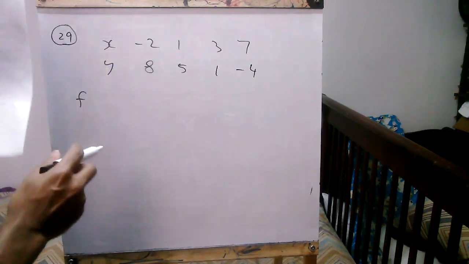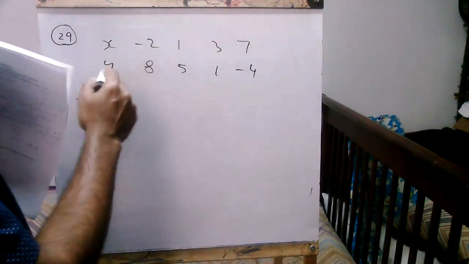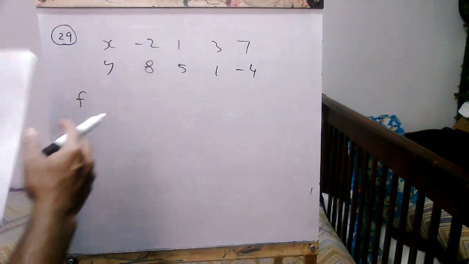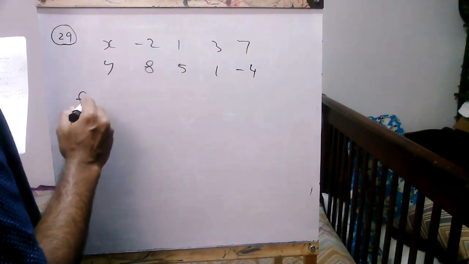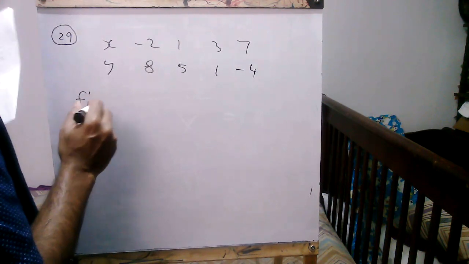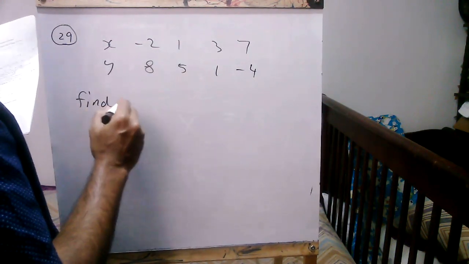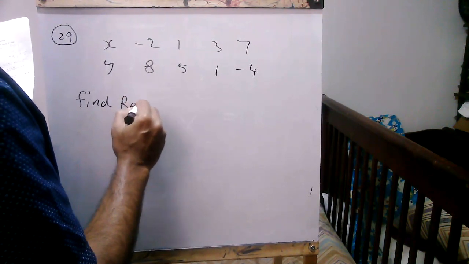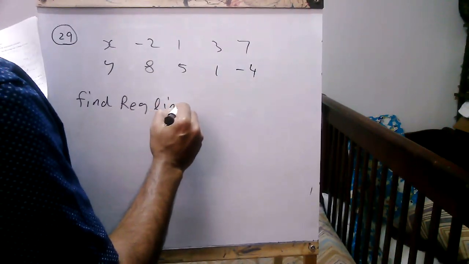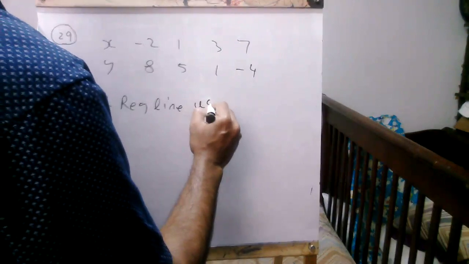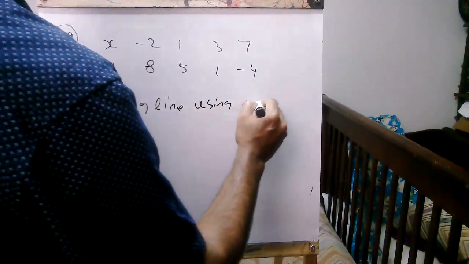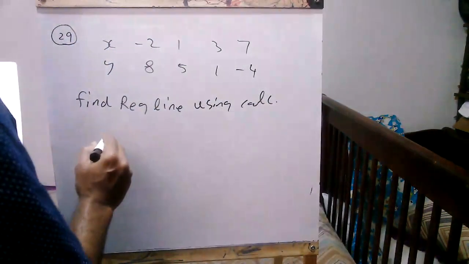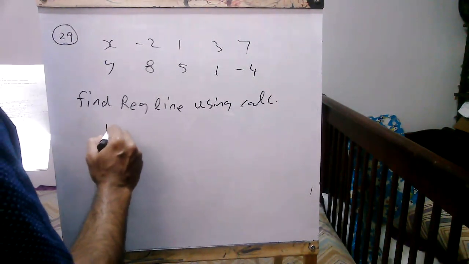Enter these two, this as column x and this as column y. Then find the regression line using the calculator. You get this answer, y equals